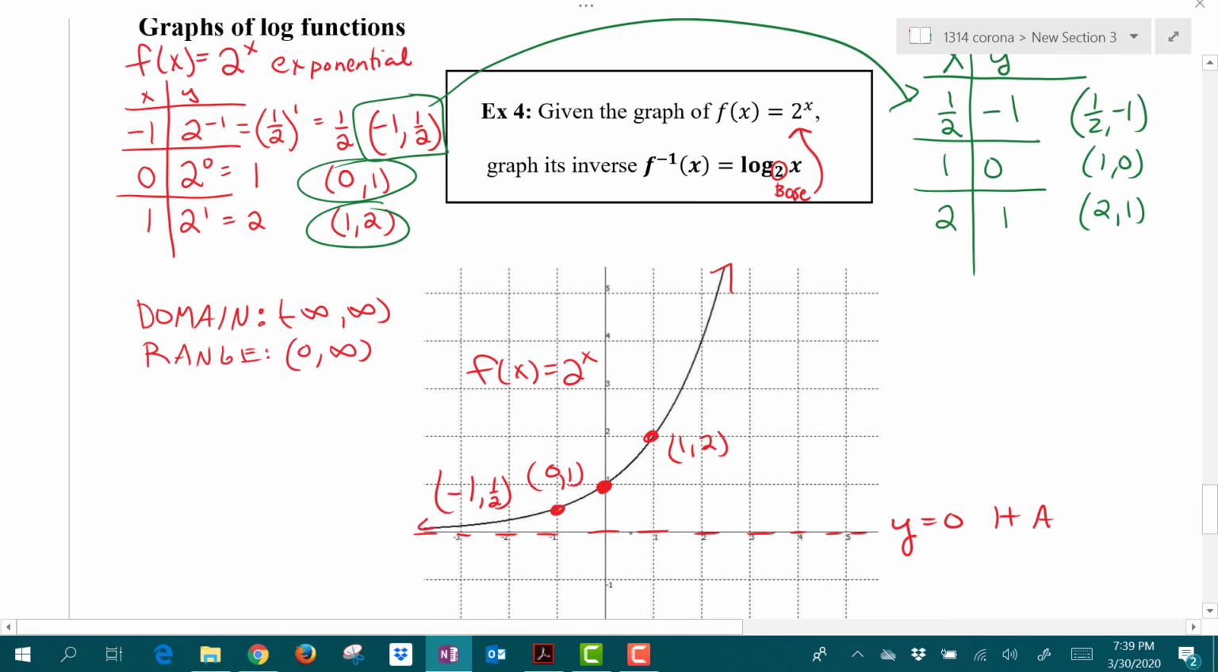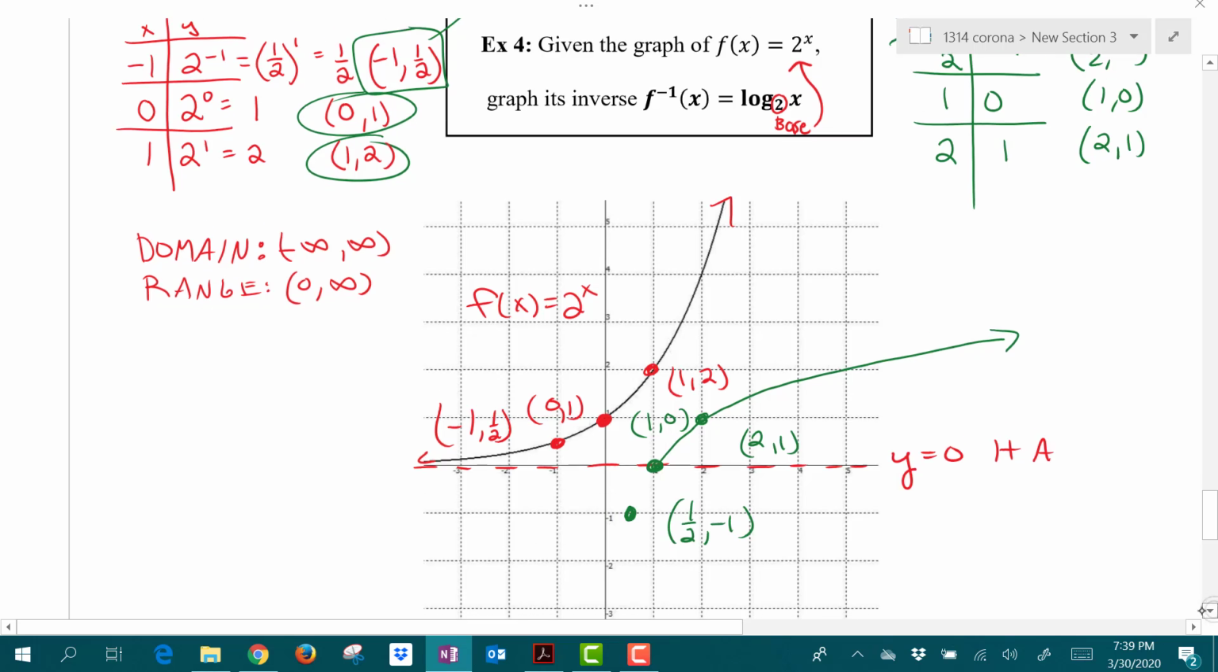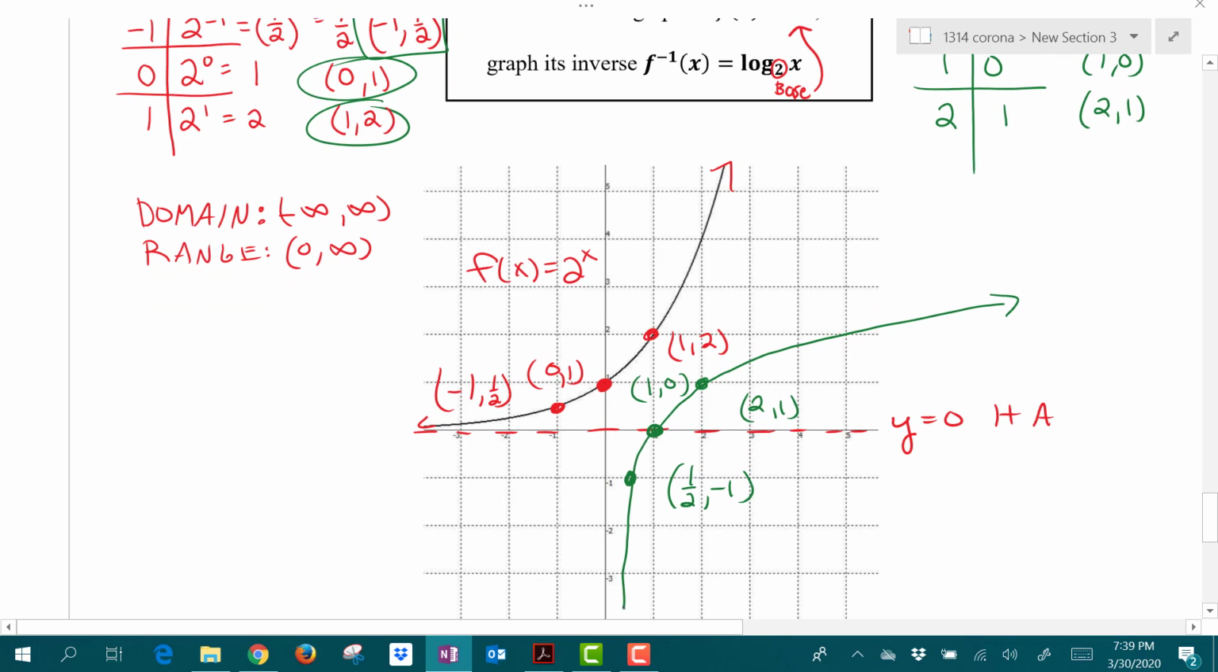Alright, so x equals 1/2, y equals -1 would be right here. 1, 0 would be right here. 2, 1 would be right here. Alright, so the graph of the log function sort of looks like this. There we go. What else do we know here? Our domain of the log function